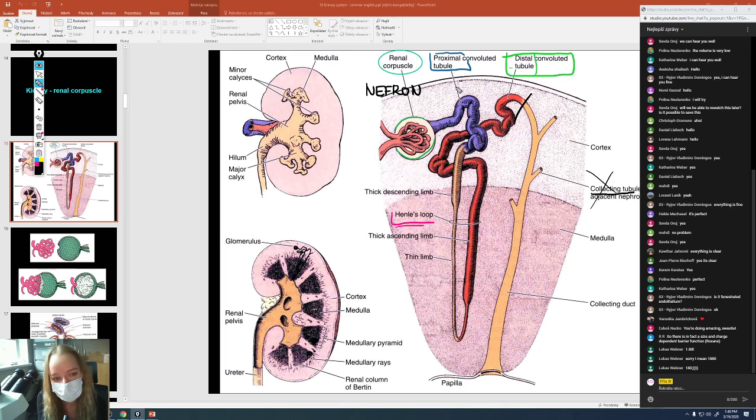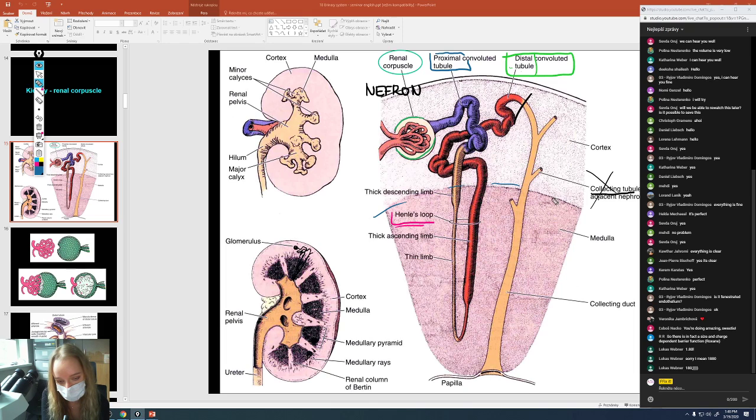You need to distinguish Bowman's capsule, of course, you can find it. Proximal tubule, the loop of Henle, and the distal tubule. You need to distinguish these parts of the nephron. And how are you going to do that? You need to find